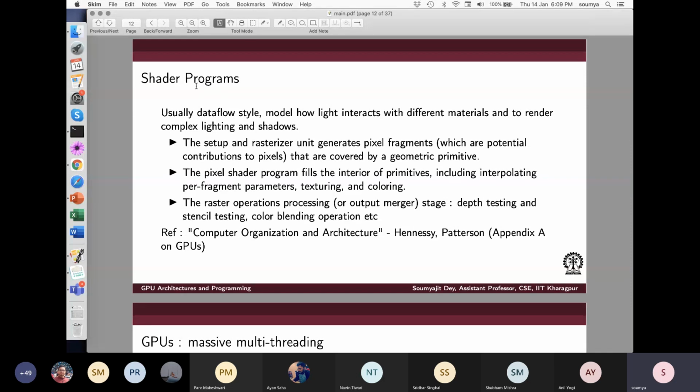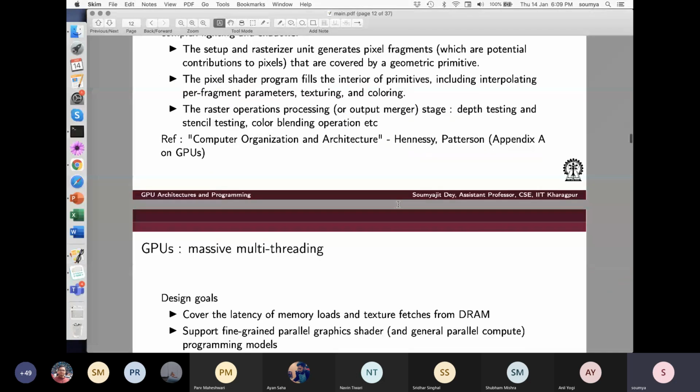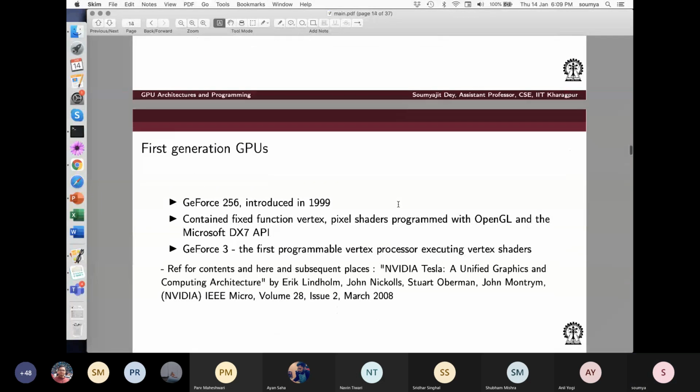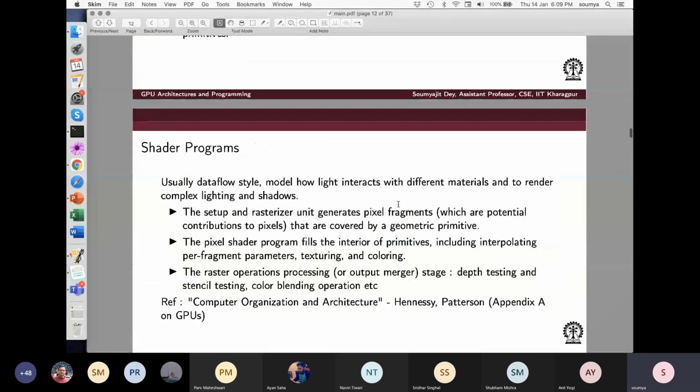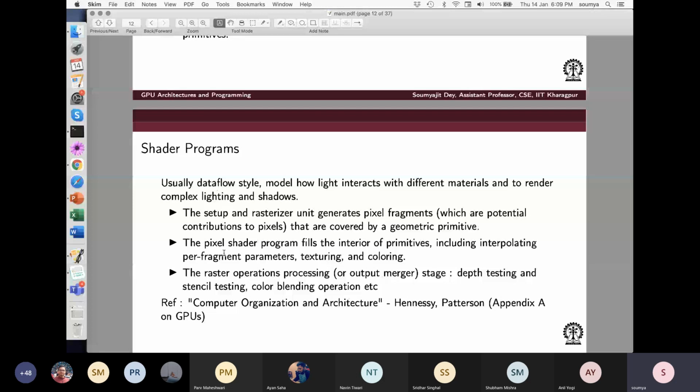So this part I can take offline and we can discuss it, but the part on graphics is kind of historical. That's why we have put it in the slide. It's not really required for our purpose. What is your specific doubt? Can you tell me what the different shaders are and how they work? Those things you want to know? No, the doubt was why we need shaders and all these things.